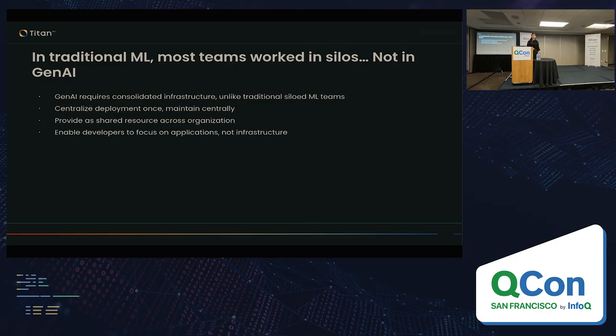In Gen AI, it does not make sense to do that. And that's why these API providers are making an absolute killing, because it does make sense to deploy once, manage centrally, and then provide it as a shared resource within the organization. And if you do this, it enables your end developers to focus on building at the application level rather than building